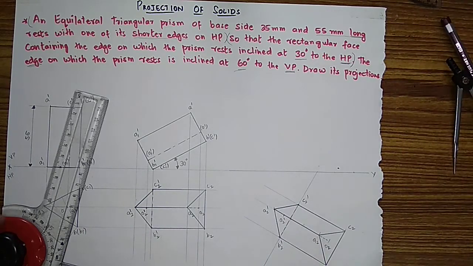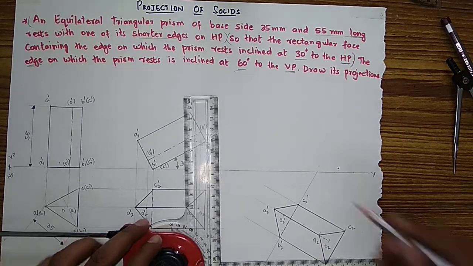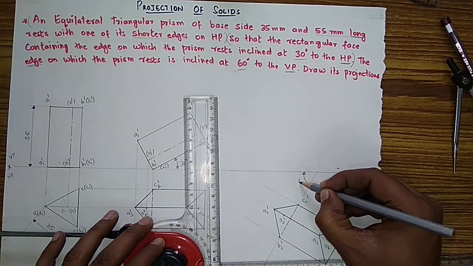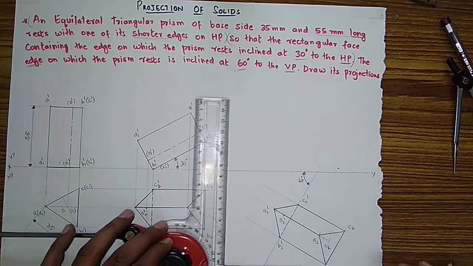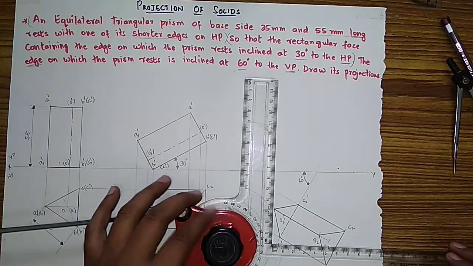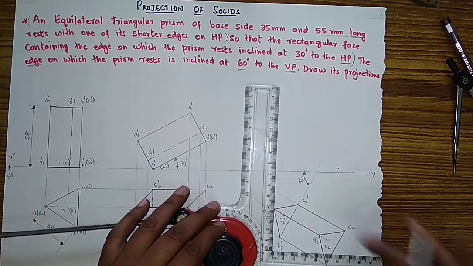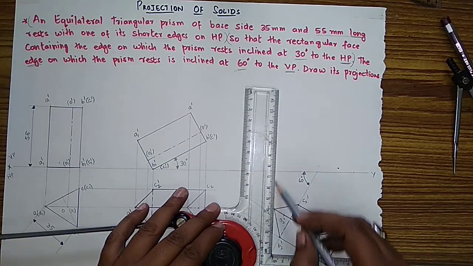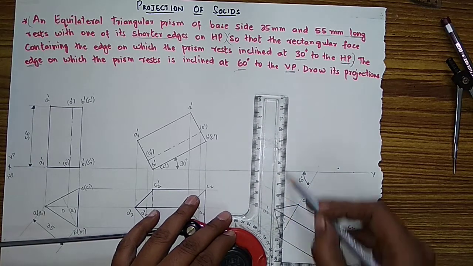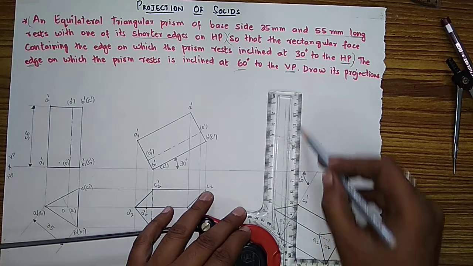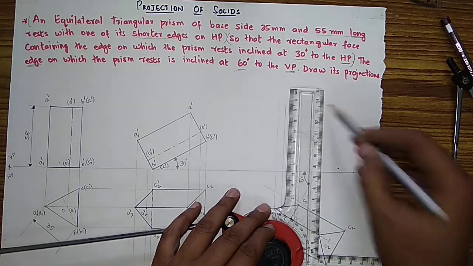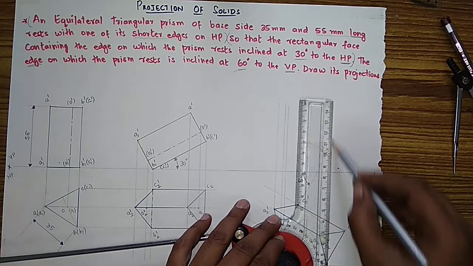So same thing. Then after you have to show this angle also, how much it is, as said in the question, 60 degree. Now after copying this figure, you have to take the projection lines. Each point you will take. Total 8 points are there. So 8 projection lines will be there in the third projection.